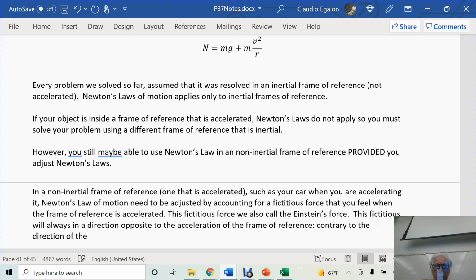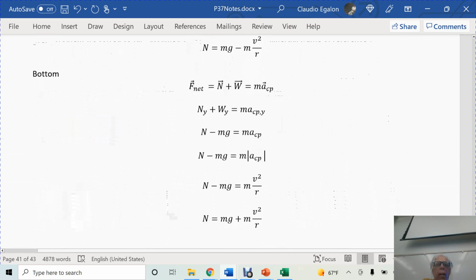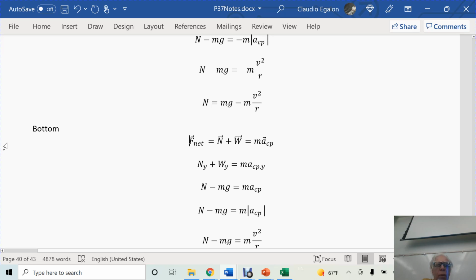Okay. So Newton's second law ends up being written in the following way. Okay. Still net force